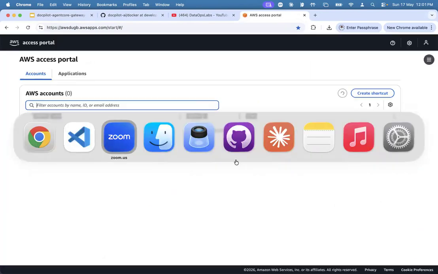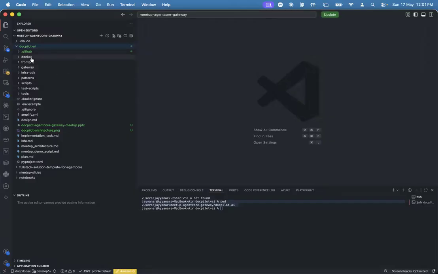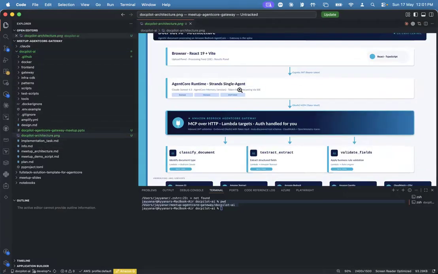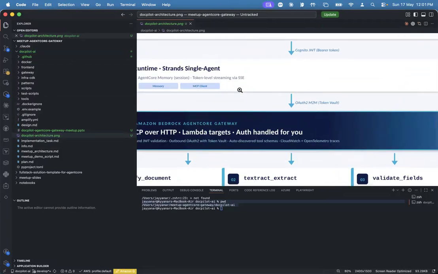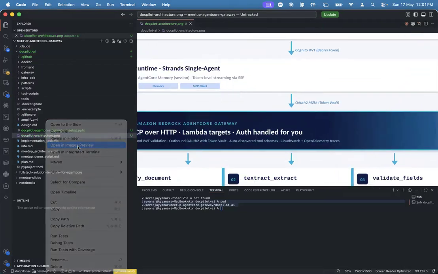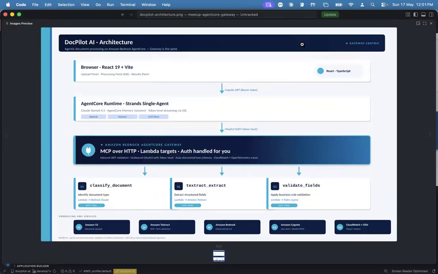I have one nice diagram which was created by our copilot, our hero. So this is the architecture we have.